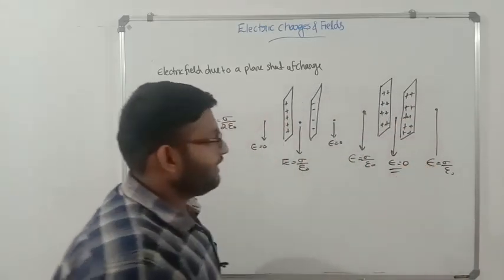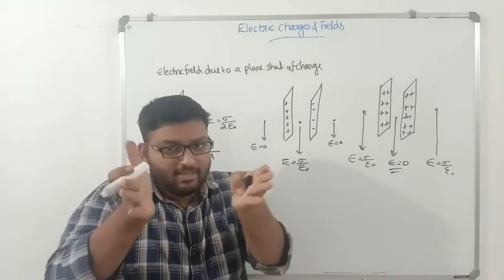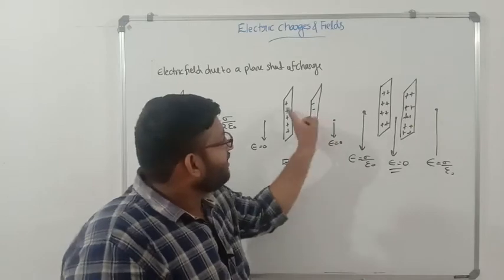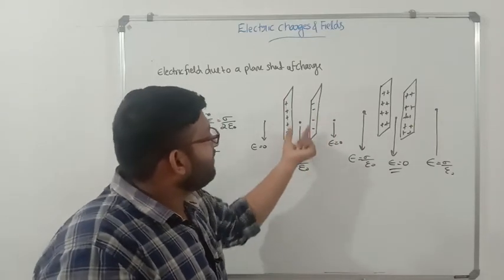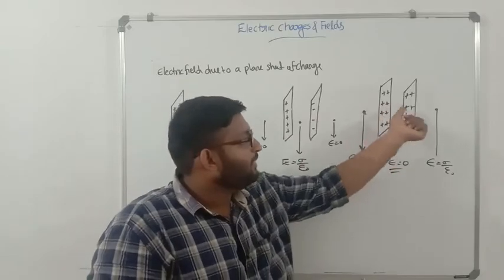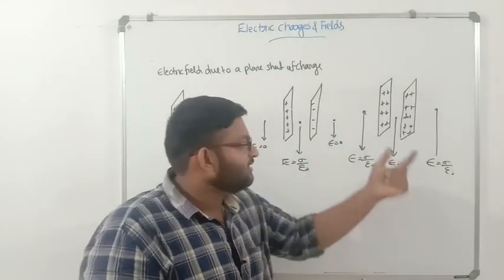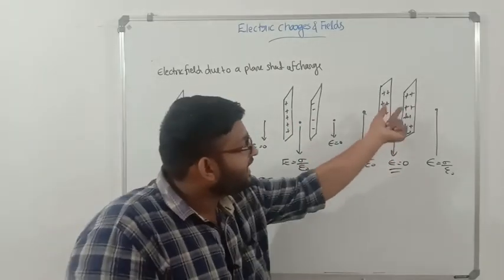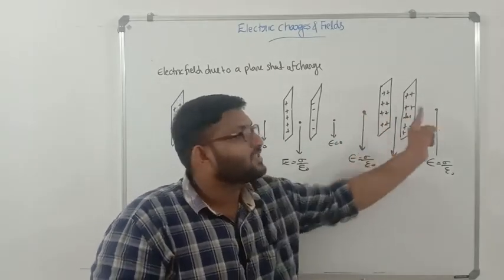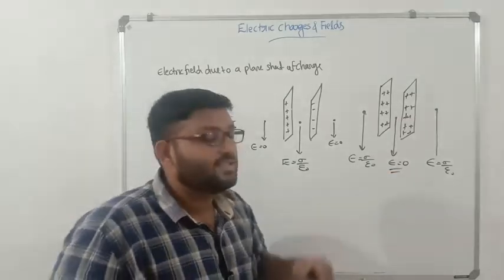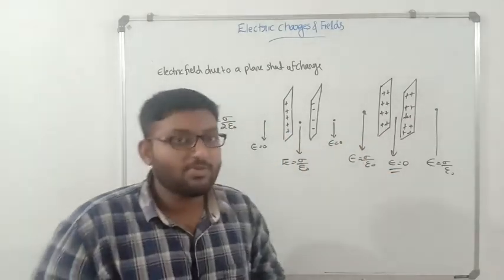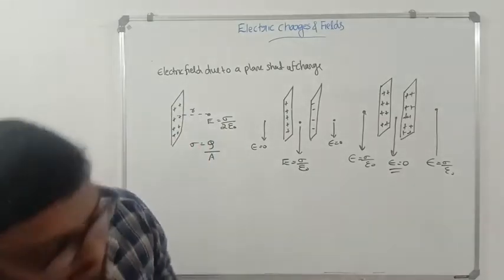So if you take two charged plates together and you are keeping them very, very close to each other, if they are having opposite charges, then electric field present only between them, not in the outside. But if both the plates are having same kind of charge, then the electric field inside or in between them is 0, but the electric field just outside the plates are completely sigma by epsilon 0. So please note these ideas also. This is very important for solving certain problem.